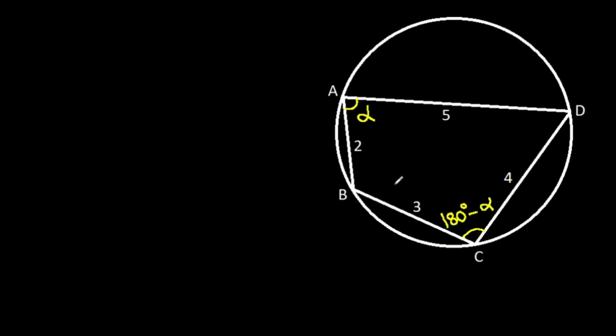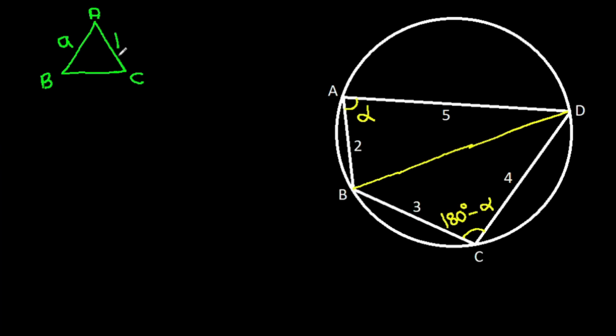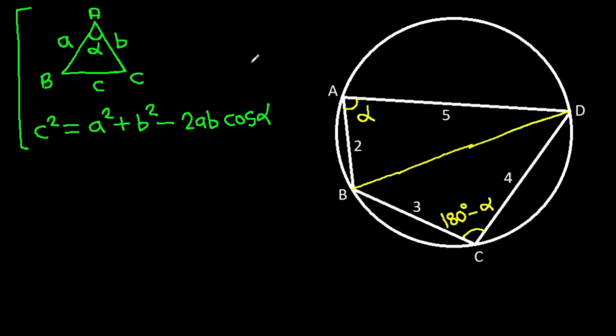now if we join BD, then in any triangle ABC, if AB is a, AC is b, BC is c, and this angle is alpha, then c square is a square plus b square minus 2ab cos alpha, and